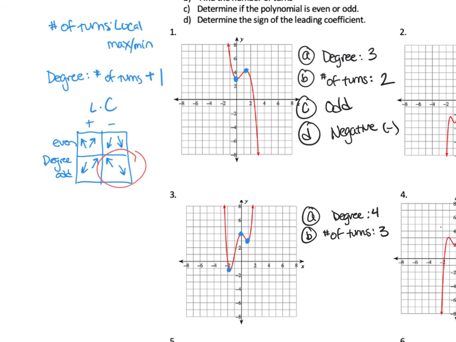Next, I'm going to ask myself, where does this land? Oops, sorry, that was supposed to erase. Why is this not erasing? Well, for some reason, that's on a laser pointer. There we go. So now I want to ask myself, where does this land in terms of the box? Well, I have both ends facing upward. So that looks like right here where we have an even degree and a positive leading coefficient. So my answers for C and D, C is even, and you could have maybe seen that from our part A. And then D was a positive